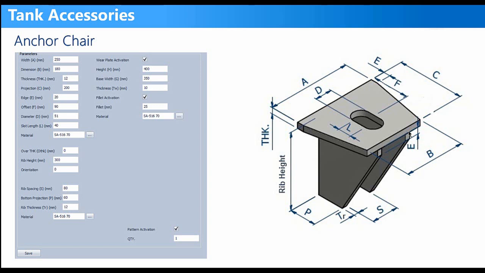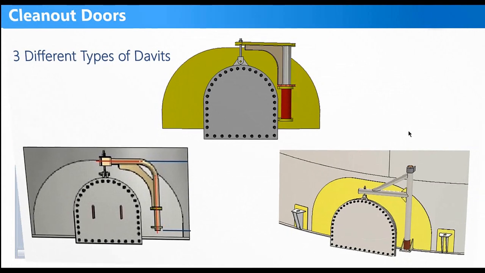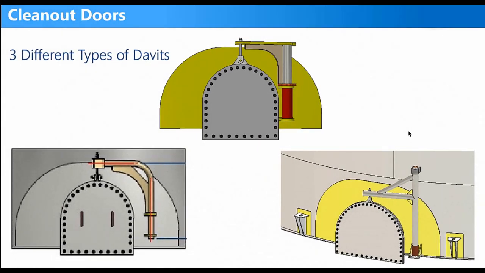And if you want to make them separate, like defining one differently from the others, or one of them having a rear plate, or one of them with a different shell thickness, so you have the ability to define them separately, and you will not use the pattern option. For the clean-out door,